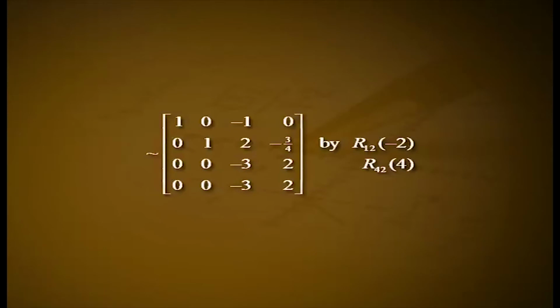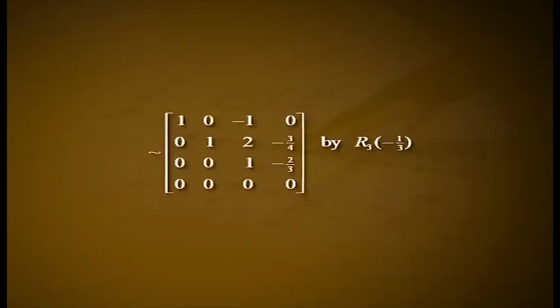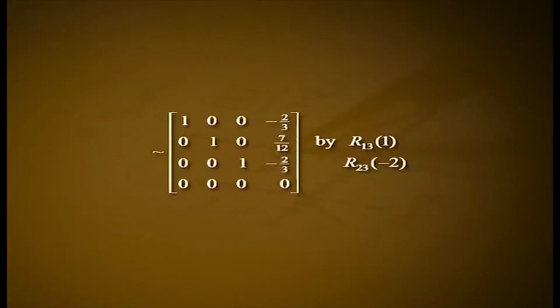to [1 0 -1 0; 0 1 2 -3/4; 0 0 -3 2; 0 0 -3 2] by R12 → R1 - 2R2, R4 → R4 + 4R2, which is equivalent to [1 0 -1 0; 0 1 2 -3/4; 0 0 -3 2; 0 0 0 0] by R43 → R4 - R3, which is equivalent to [1 0 -1 0; 0 1 2 -3/4; 0 0 1 -2/3; 0 0 0 0] by R3 → -1/3 R3, which is equivalent to